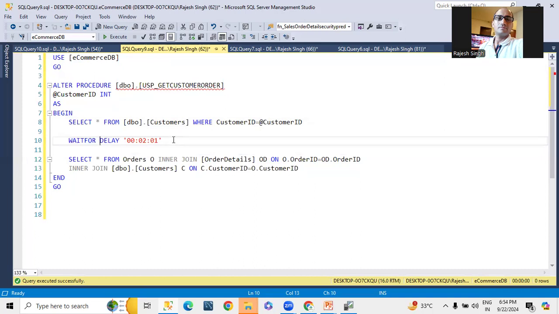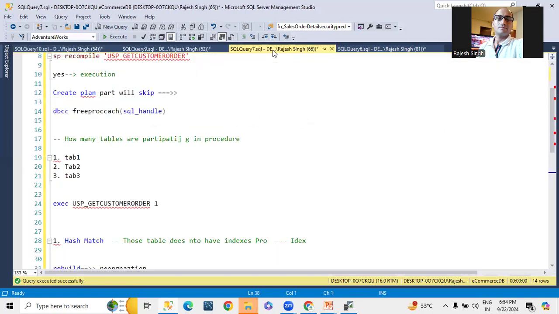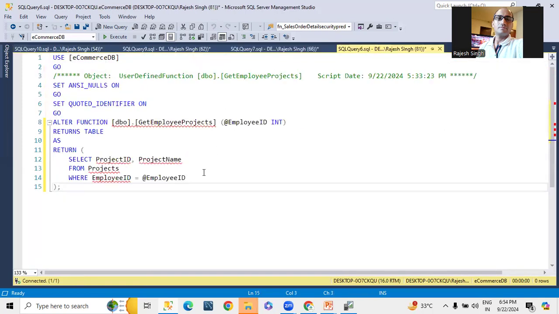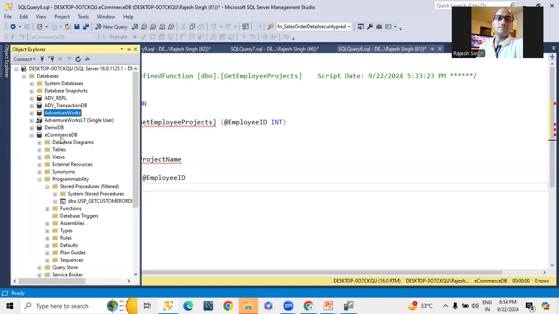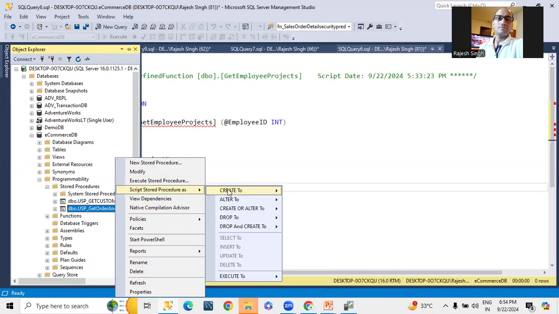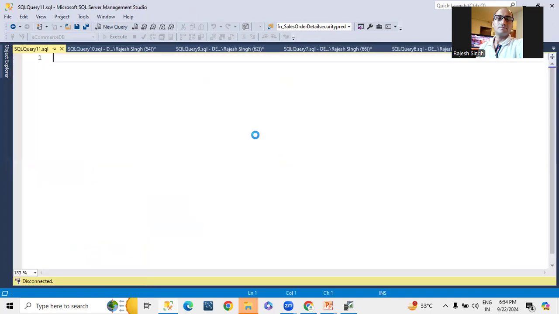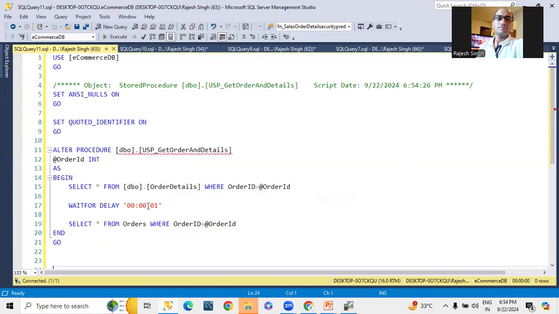Okay. So basically, we have another procedure, let me open. I created one more procedure. No, it's not a procedure. I'm removing a filter here, and you can see two procedures there. So I'm altering the second procedure. In this procedure, I mentioned 1 minute 10 seconds, 20 seconds. Okay. Let me alter this.